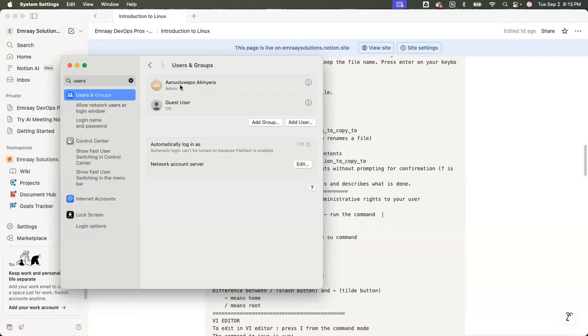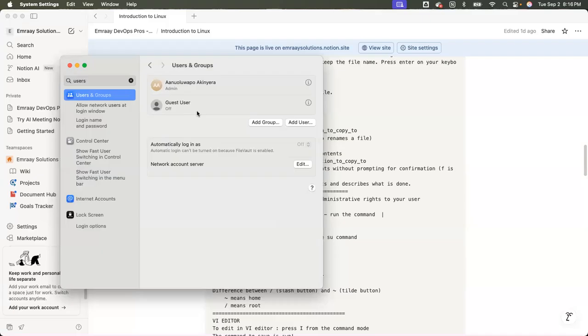Anoluapo is the admin, and Mirabel is a guest using the system, and Mirabel will probably be restricted to use some things that the admin accepts that she can use. Okay, but you are going too technical. Landlord and tenant. So guest user, I mean the admin has higher privilege than the guest user.